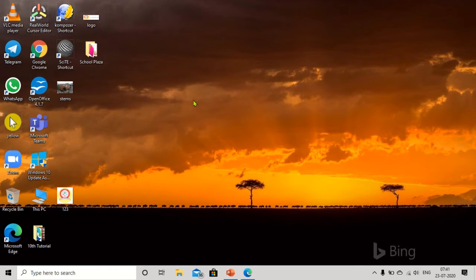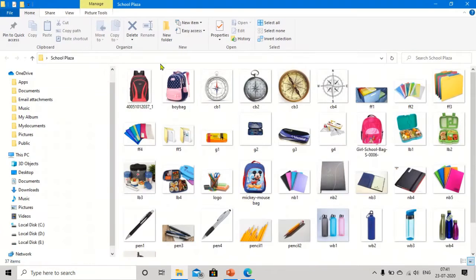Before starting this practical, I suggest you make a folder, like I have made here, School Plaza, and inside the folder you should download pictures like school bag, compass, files and folders, water bottles, pen, pencil, eraser, so that we can use them.